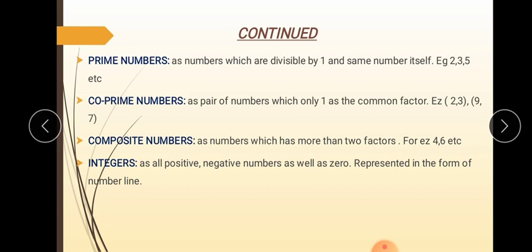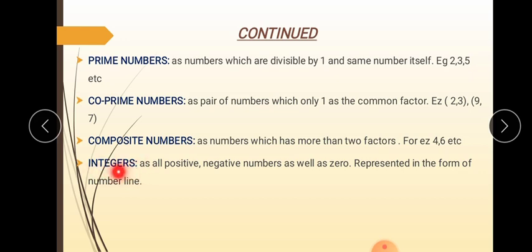One small example: 4. 4 is 4 times 1, 1 times 4, and 2 times 2. As we can see, 3 multiples are there. So the numbers which are not prime, or the numbers which have more than two factors, such numbers are called composite numbers.